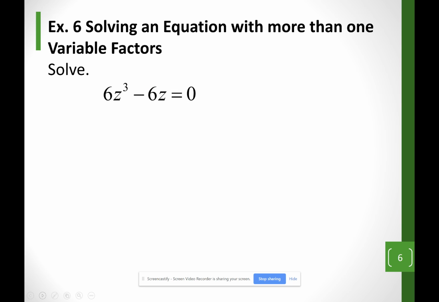Looking at these, first I can factor a 6z out. Now I'm going to have z squared minus 1, and all of it is equal to 0. My parentheses, that looks like the difference of the squares. I can even look at this as z squared minus 1 squared. So I do have the 6z out. And my parentheses, I'm going to split it as z plus 1